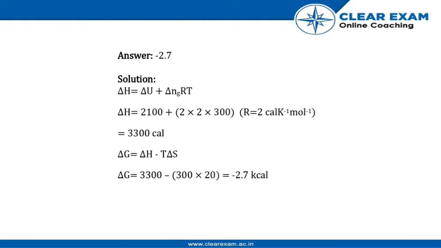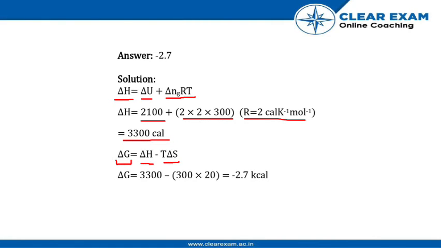To find that, we have to first find the heat absorbed. We have been given the value of delta U and delta nRT as 2. After putting in the values, we get 3300 cal. So to find the free energy, we have to subtract from the heat absorbed the multiplication of